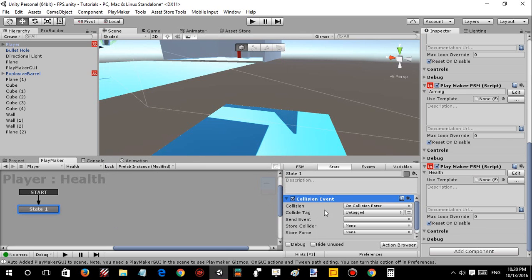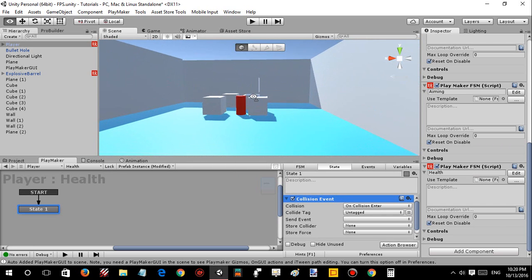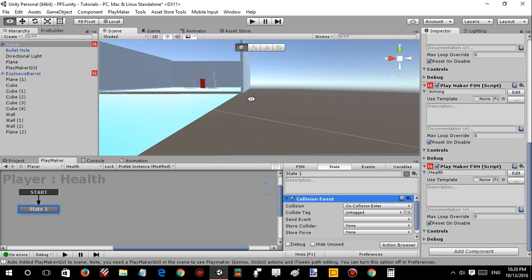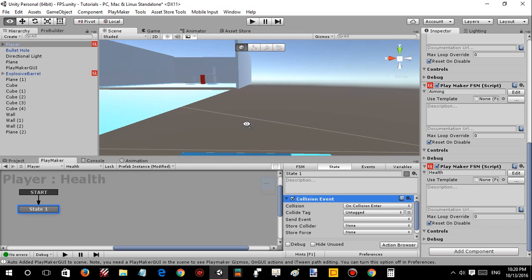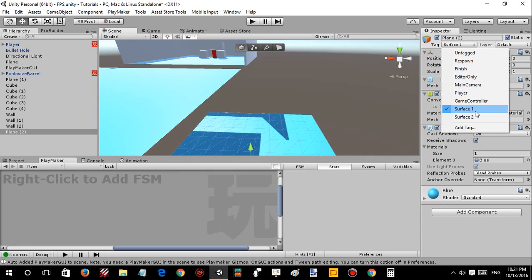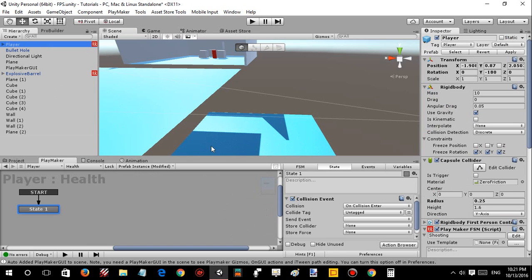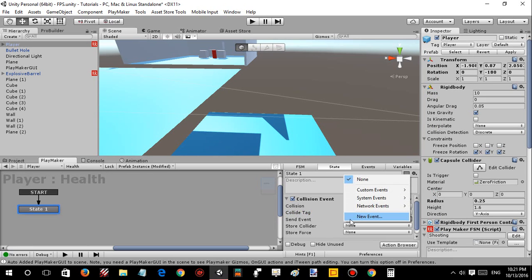This actually takes the input where the player hits a particular collider. So all the colliders in the scene can interact with this particular action. This collision event is going to detect the collision enter, and the collide tag is set to untagged. You can put that to surface 1. I created a tag for these planes, so I'll just take surface 1, and then I'll send an event which I'll say